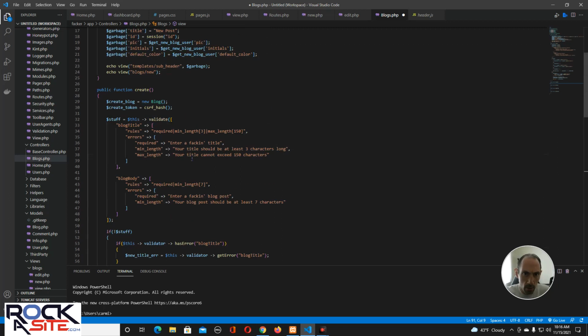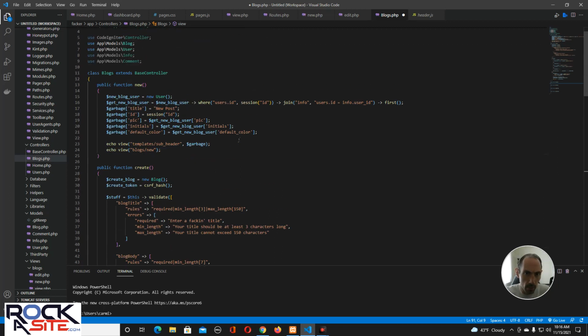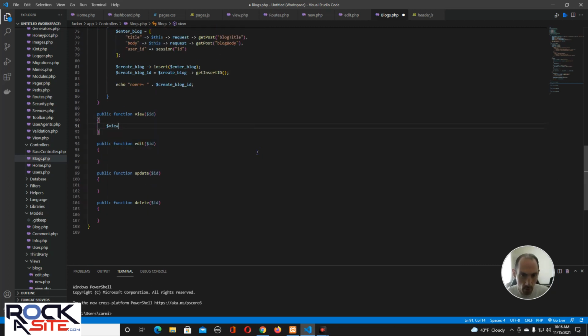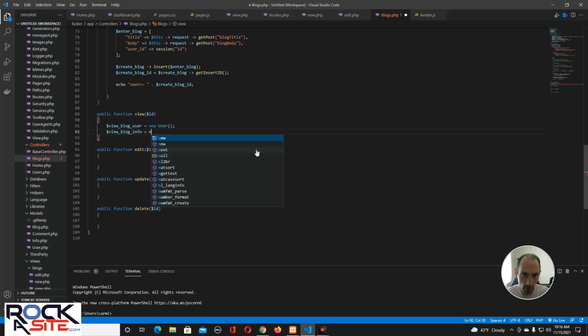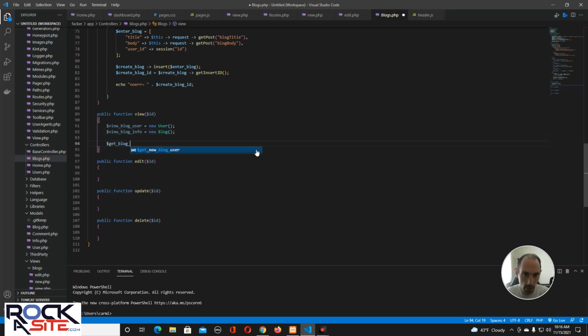We gotta get the blog, we gotta get the user, so we'll just get the view blog user equals new user instance of the user class, view blog info equals new blog, oops, dude, capital, there we go, and we'll just get the get blog user equals view blog user, where user's ID equals session ID, and we're going to join it with info, where user's ID equals info user ID, and we'll